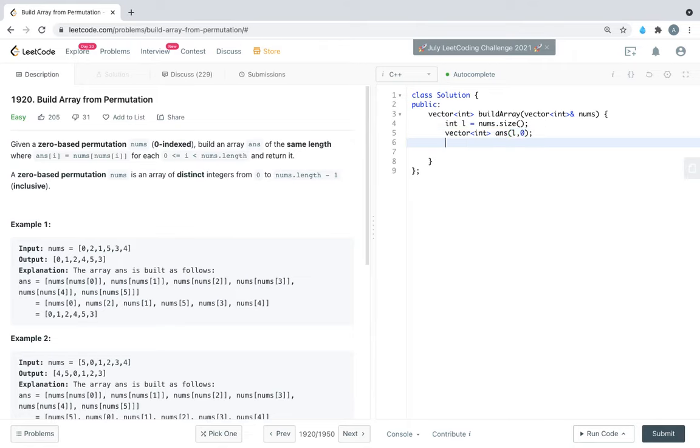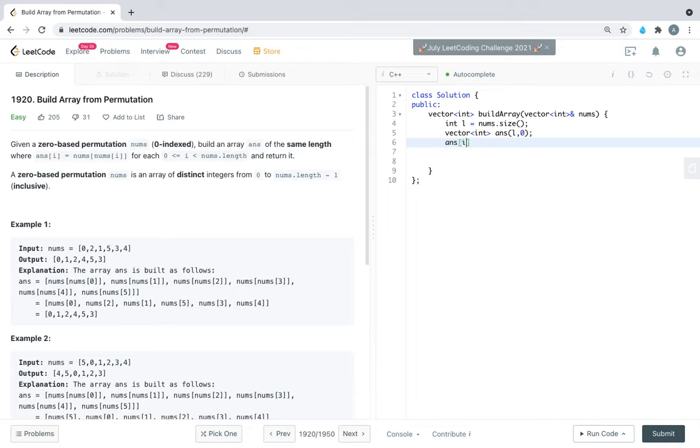So we have formed another vector of size l, where l is the size of the nums vector, and we have initialized it with 0.